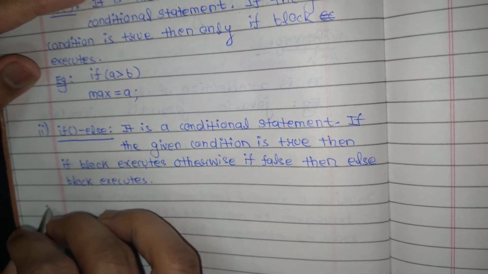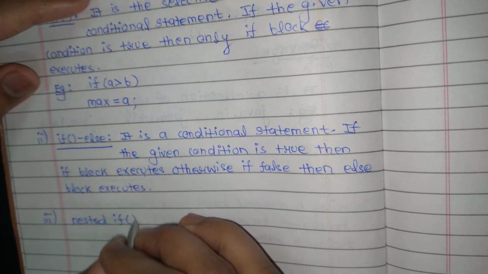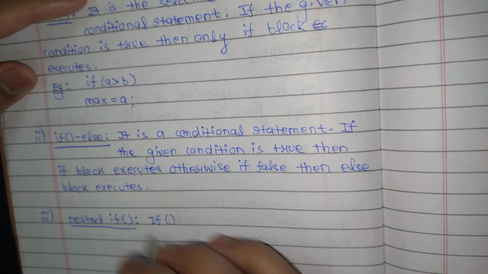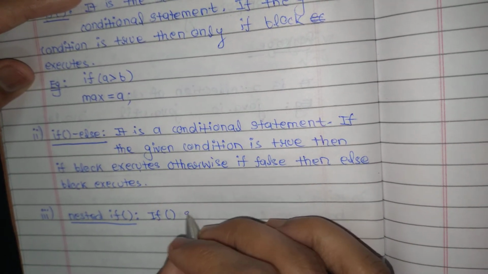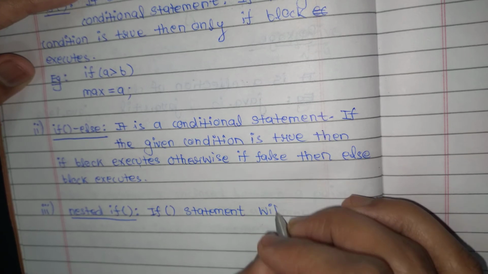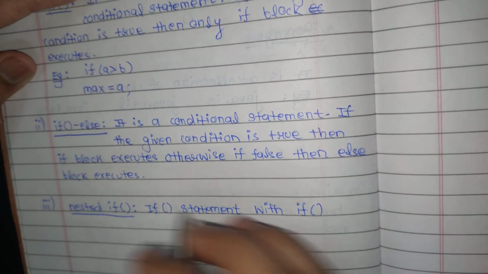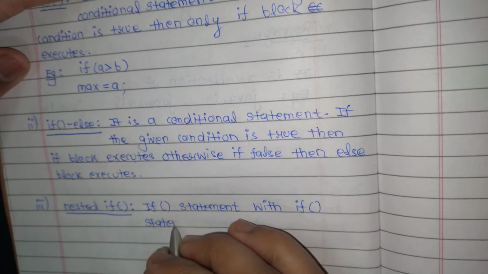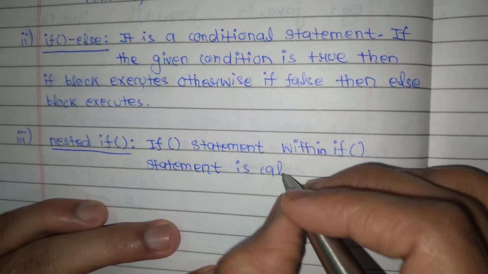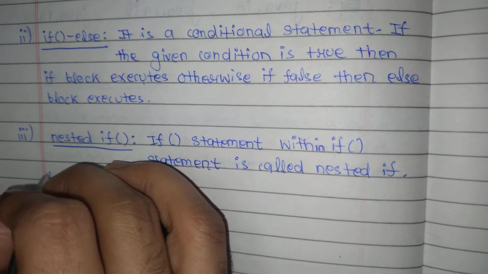Now the third one is nested if. If means this if condition statement within if statement, means one if statement having another if statement in that, is called nested if. Now the example,